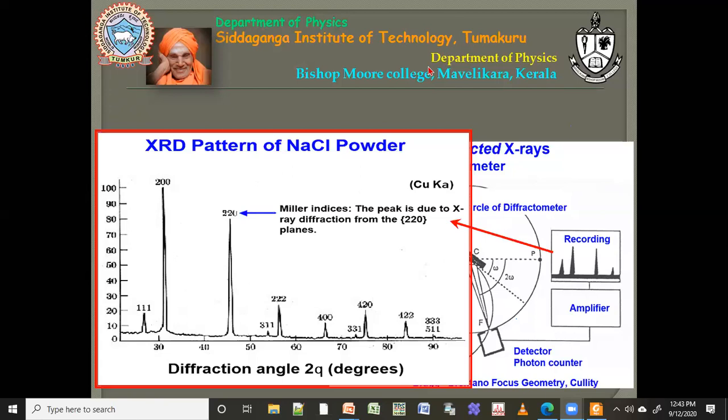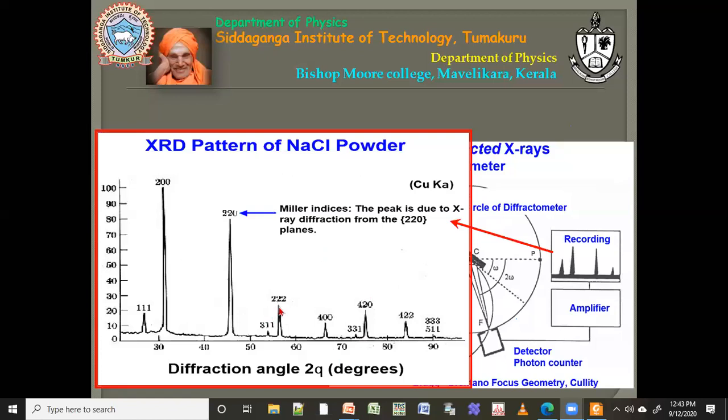Anything better than 5 to 10% is good. It depends on your peaks. For example, on this screen, if you take this 311 peak and can clearly distinguish it, then it is good. The data you are seeing on the screen does not have a really flat background. You can see there is a lot of noise here, right? Still, I am able to distinguish my peaks, so it's good. Anything between 5 and 10 is good.